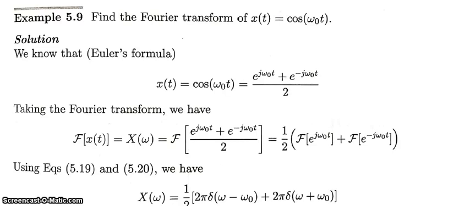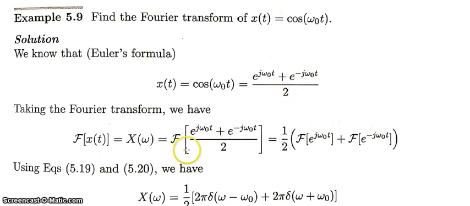Everyone, in this lecture we'll be seeing certain problems based on continuous time Fourier transform. So the first question is, find the Fourier transform of x of t equals cos omega 0 t. We know Euler's formula, that cos omega 0 t can be expressed in terms of exponentials as e raised to j omega 0 t plus e raised to minus j omega 0 t, divided by 2, and therefore